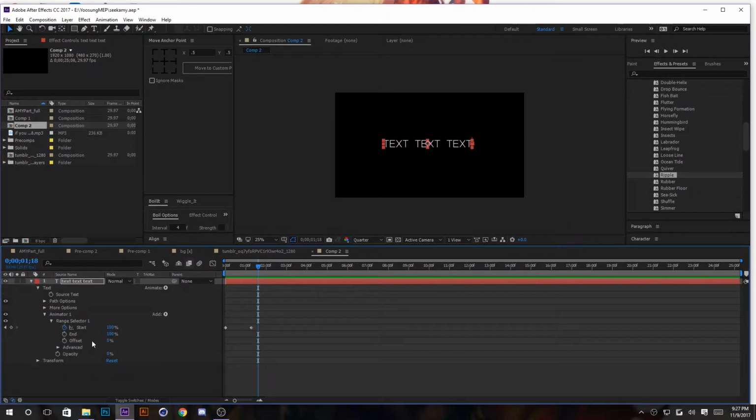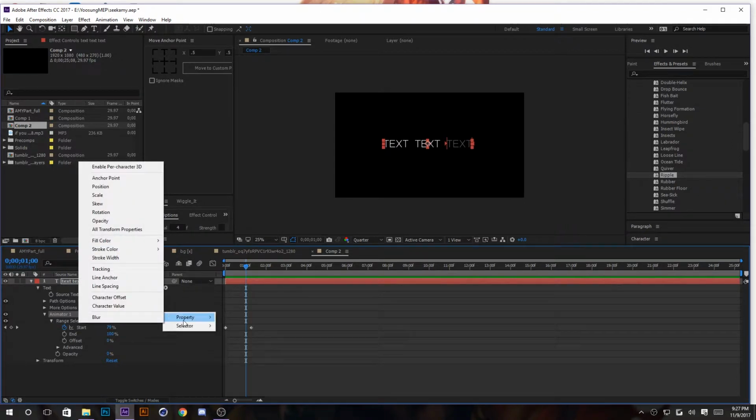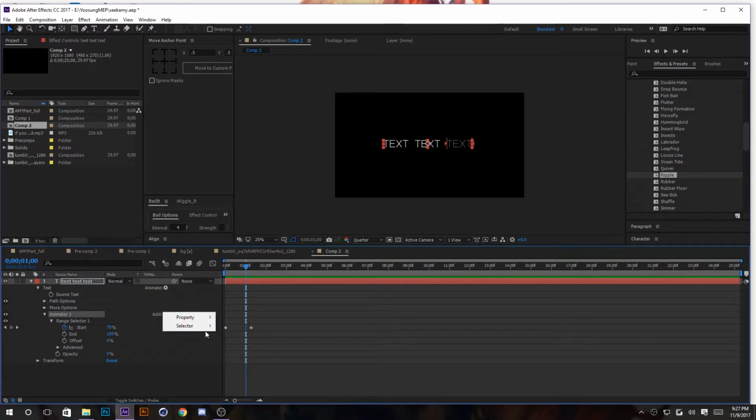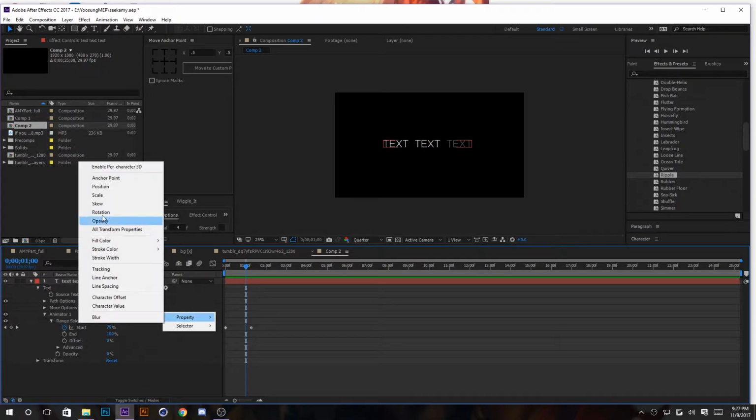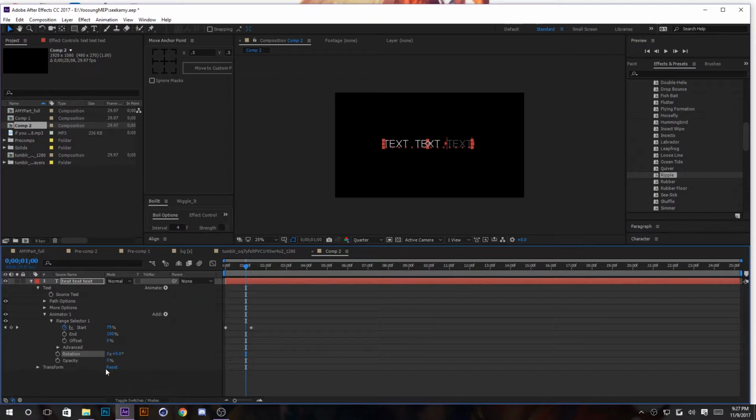Now you can use this animator to stack more things on top of it. For example, if you didn't want it just to fade in, you wanted it to maybe rotate and fade in, you can press Add on this Animator 1 and go to rotation. And now if I rotate it, you can see that they rotate and fade in. So it's really just playing around with these different properties. So you can add